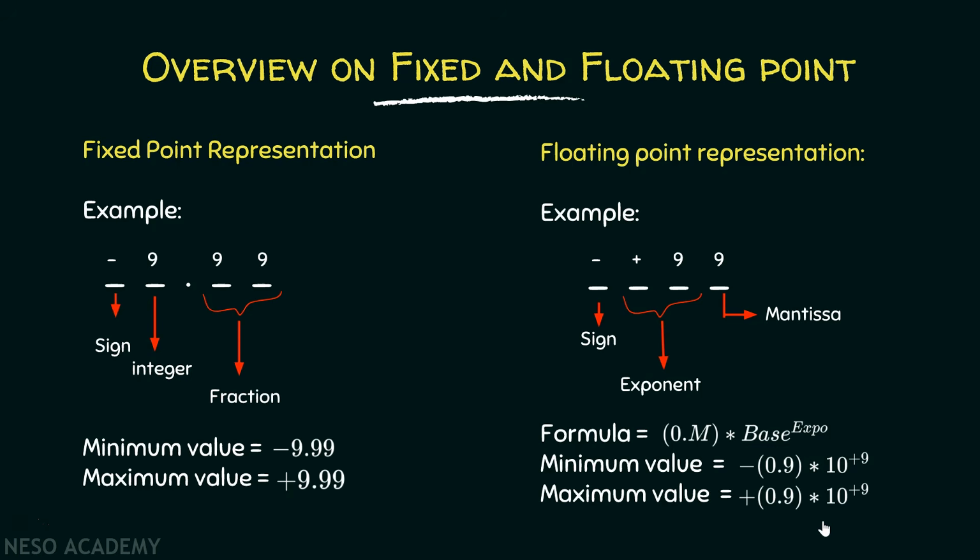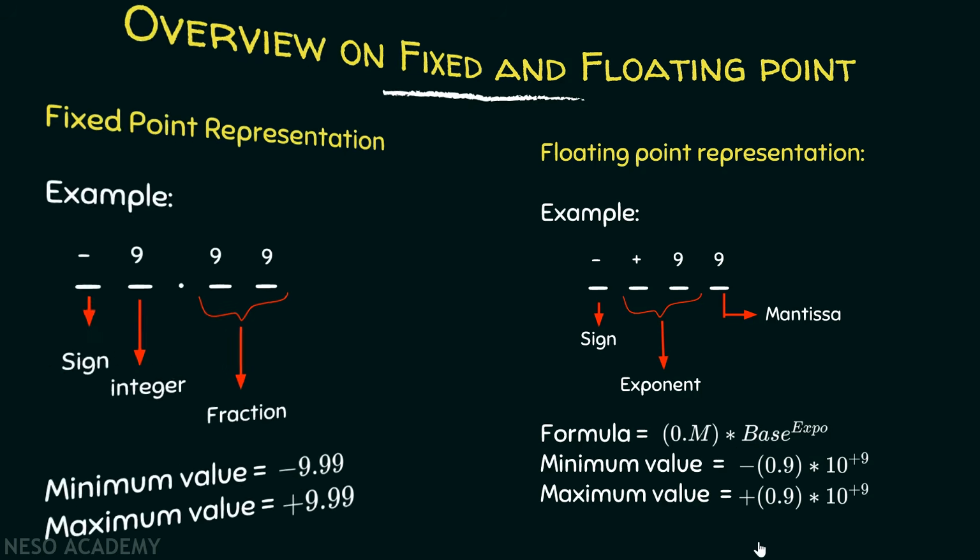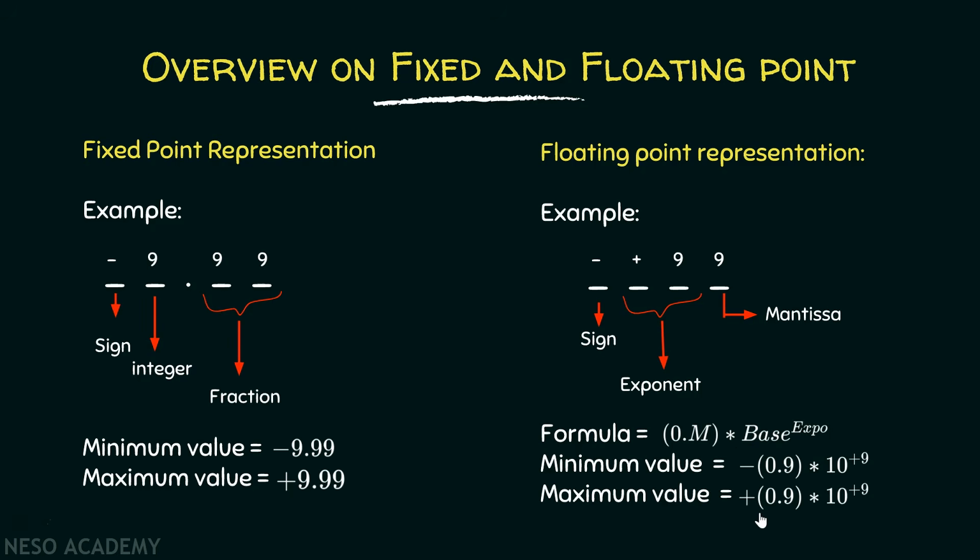As you can see here, there is a huge difference between fixed point and floating point. Fixed point would be able to represent very least range of fractional values, while on the other hand, floating point representation using equal number of places would be able to represent much larger range of values. Isn't that so? Here you can shift the decimal point and thus allowing more numbers to be represented easily. That is why it is called floating point, because the decimal point is not fixed.